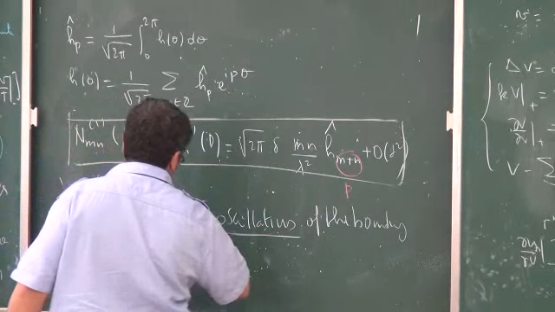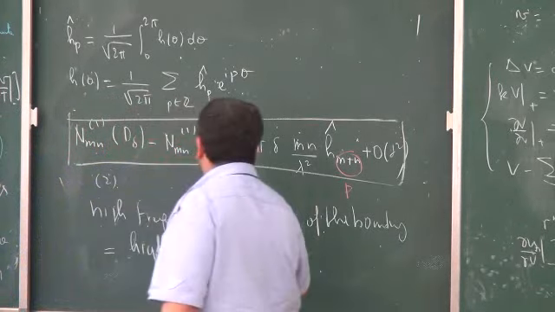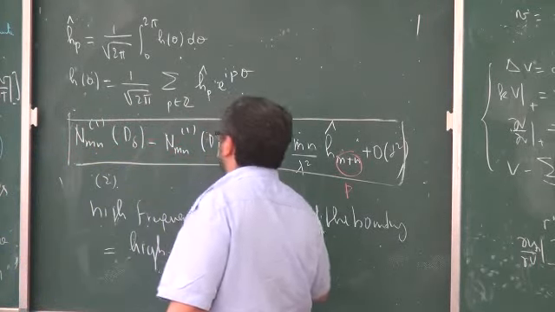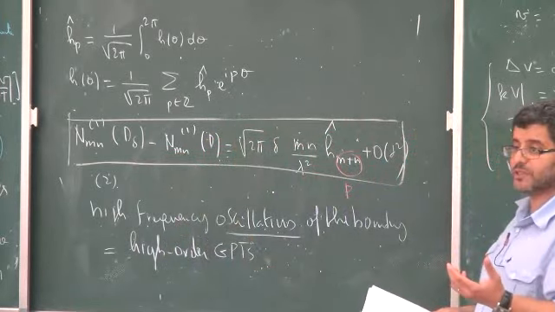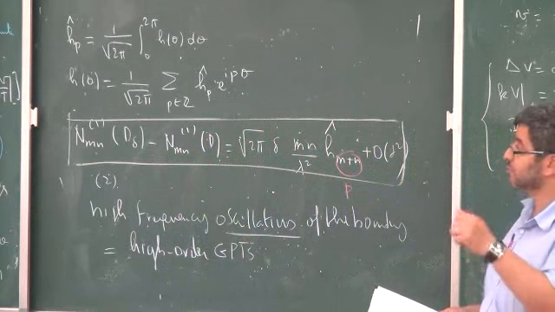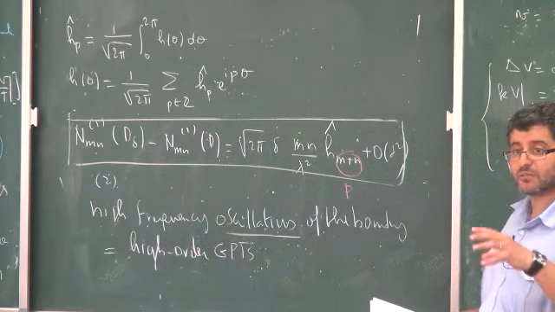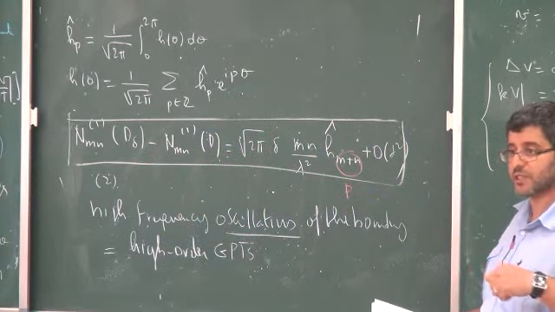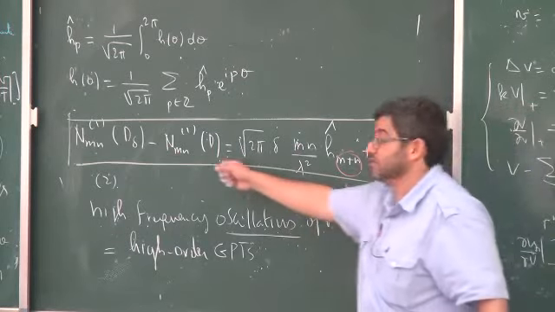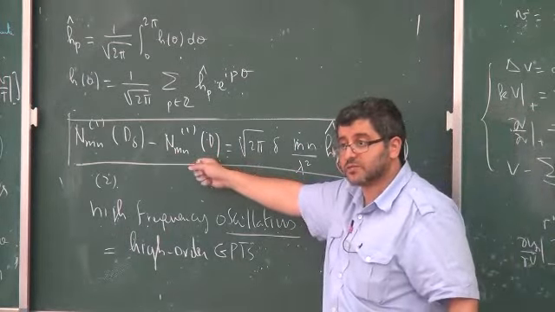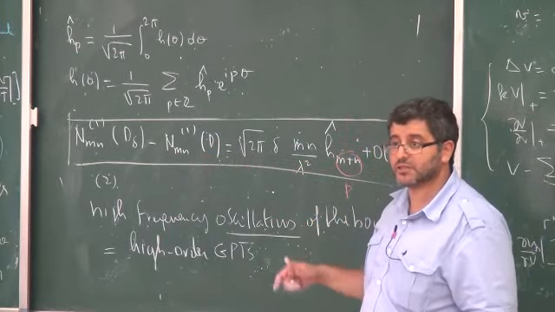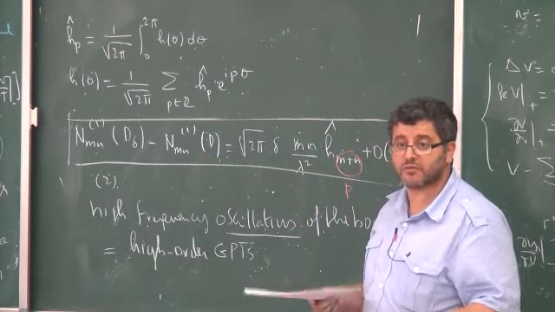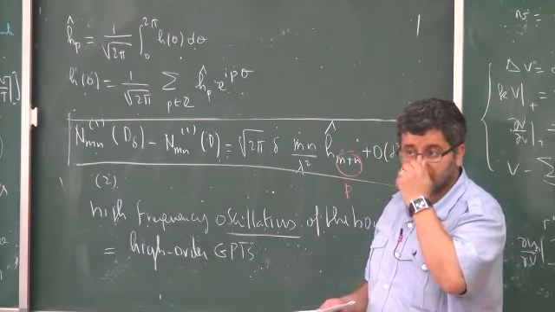High order generalized polarization tensors. These are equivalent to generalized polarization tensors. So if you need to describe high frequency information in the boundary, or the precise shape of the boundary, the shape is oscillating, you need to get these ones. If you don't get these ones, you don't get this. So there is no way to reconstruct changes in the shape because you don't have the information. You can reconstruct from what? Okay.